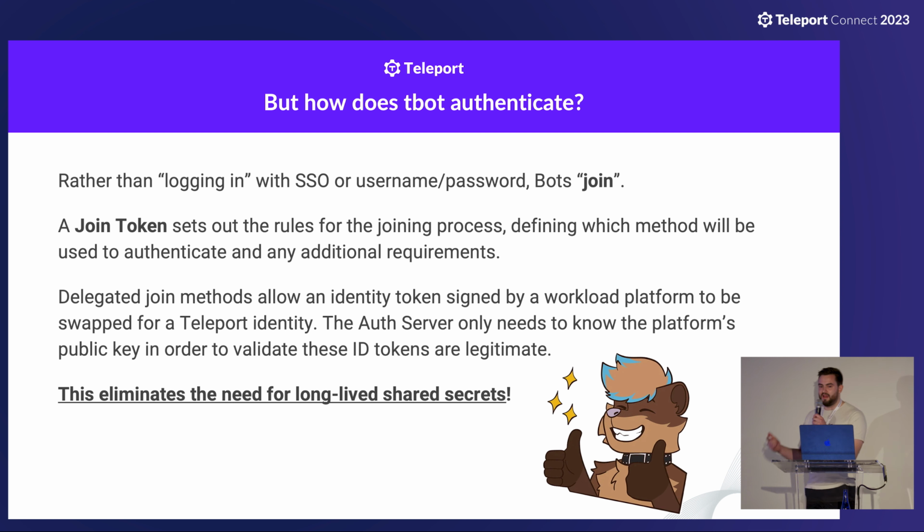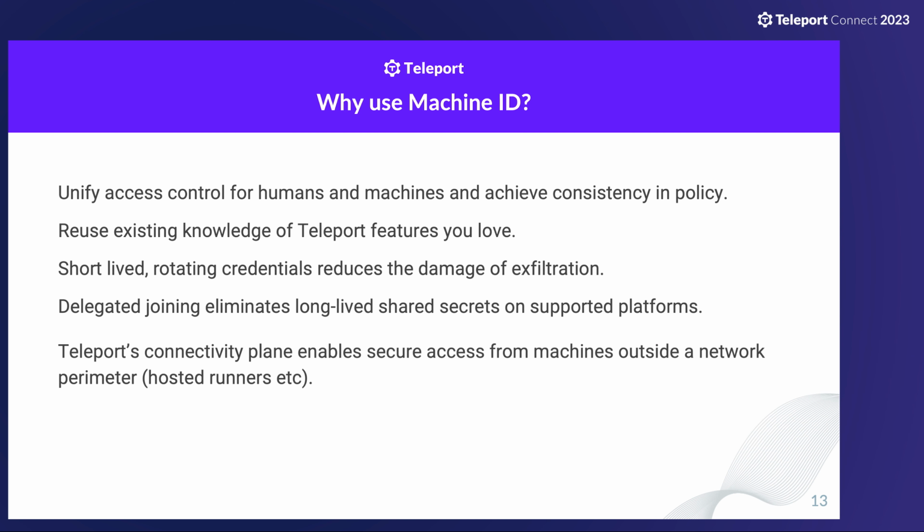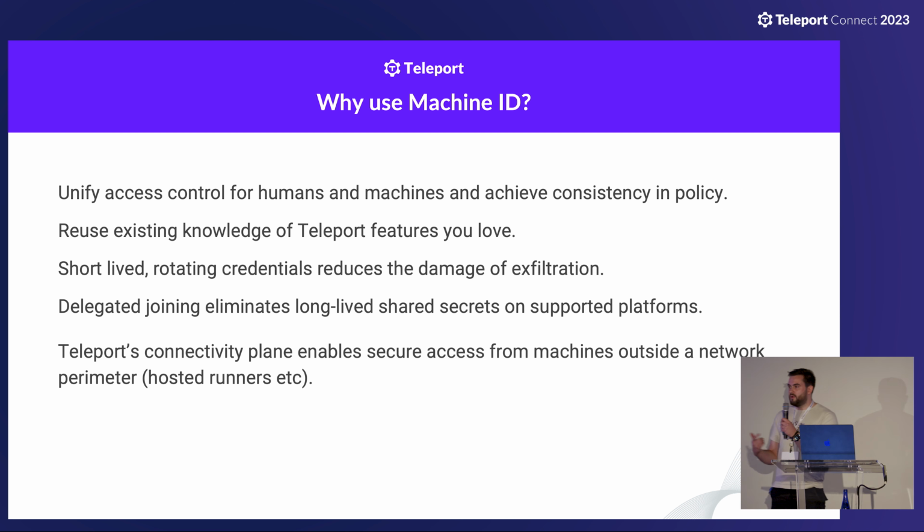So now we know a little bit about how Machine ID works, it's useful to think about the benefits we derive from that. The first benefit that I think is the most important is not a technological one, but a soft one. By unifying your access control for humans and machines, you can achieve consistency in policy. You may well be an organization that is audited in some way, and as part of passing your audit, you'll need to prove that you